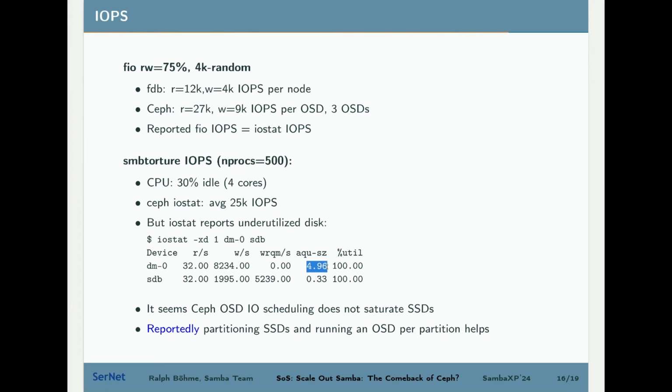The queue size here was something like 5, but a lot of those requests got merged in the iostat output, this column here, and that's write requests merged per second. So most of the write requests per second, and that was 8,000 on this node, most like 5,000 got merged, so that only 2,000 IOP requests were actually scheduled to the backend device, which iostat still reports as 100% utilization, but this is not the total truth for a modern SSD, which can handle more than 1 request in parallel.